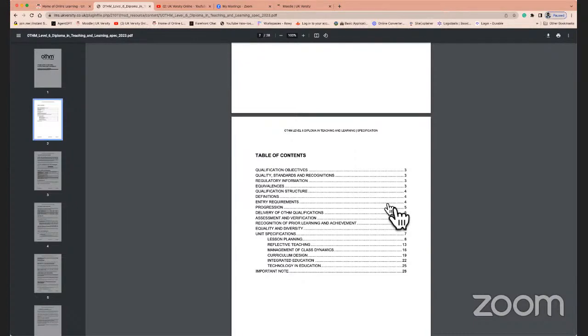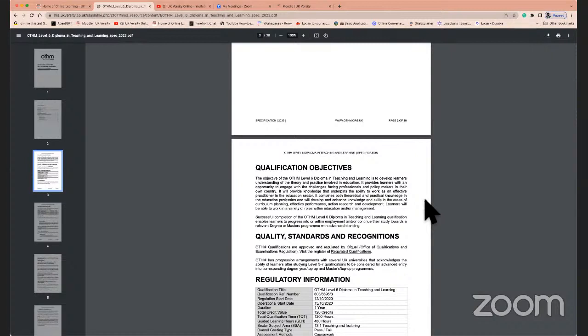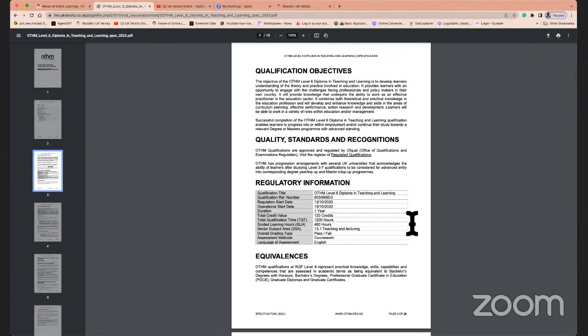So I would basically ask you to go through this particular handbook in a bit more detail, which will help you in familiarizing yourself with the awarding organization, which is OTHM, and give you some background in terms of the related progression, which is given for this qualification, and then gives you a bit of a snapshot or summary of how and what is involved in reading and studying this particular qualification. So it's a fairly recent qualification which OTHM has introduced, and they've also introduced a number of other qualifications in other areas. So it was introduced in 2020.